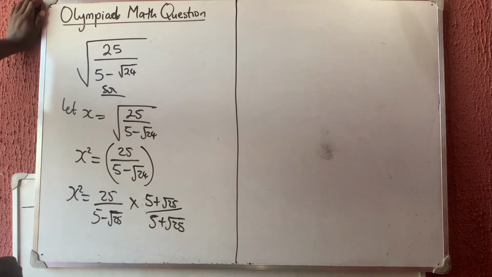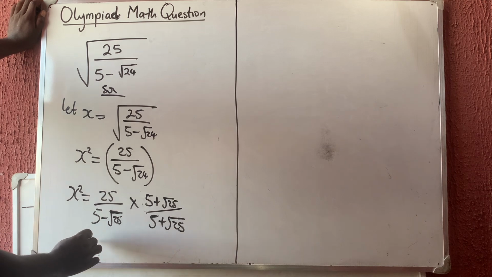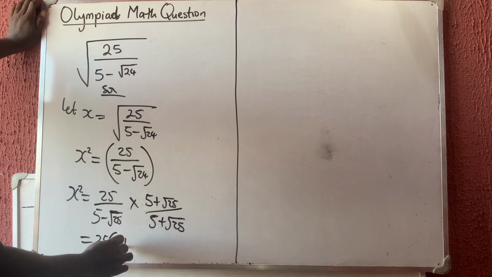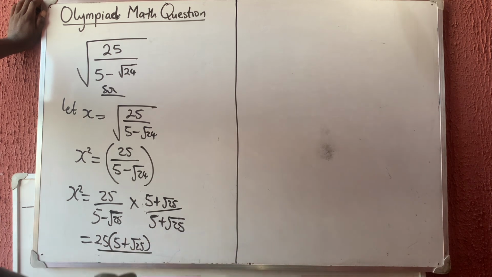Okay, so now this is equal to what? 25 in bracket of 5 plus root 24 over, in difference of two squares, we're going to have